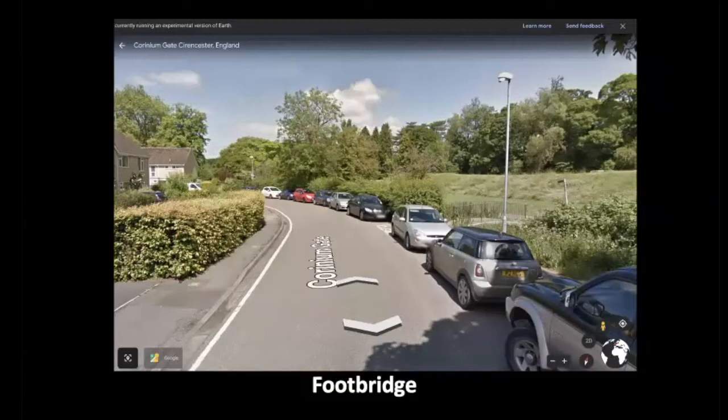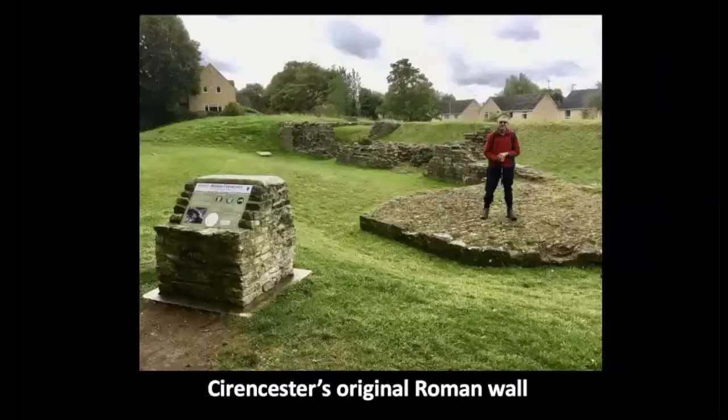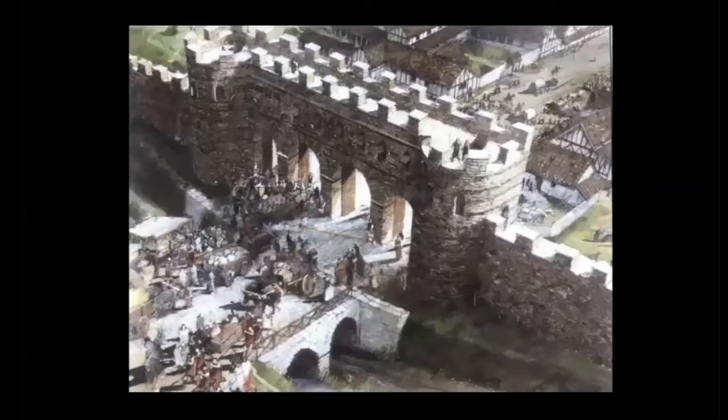About 200 or 300 yards along that quiet road, you'll see a footpath going off over a little footbridge on the right, and that's the route into the park. Not far into the park, over on the right-hand side, you come to what remains of Cirencester's original Roman wall. In fact, that's a gate, and there's a display board there you can see, and this is an enlarged